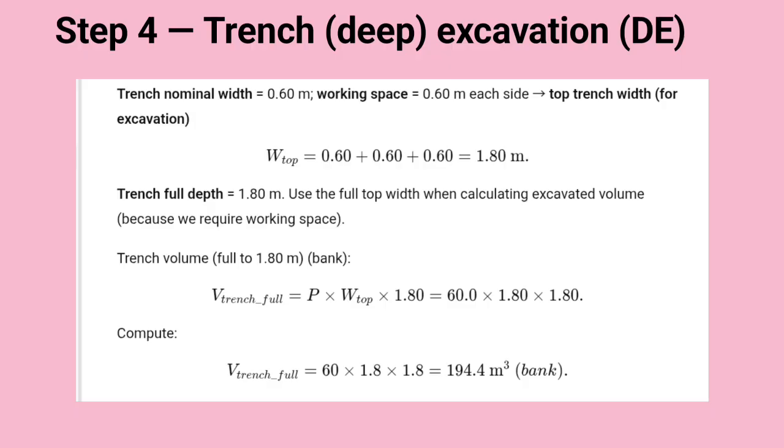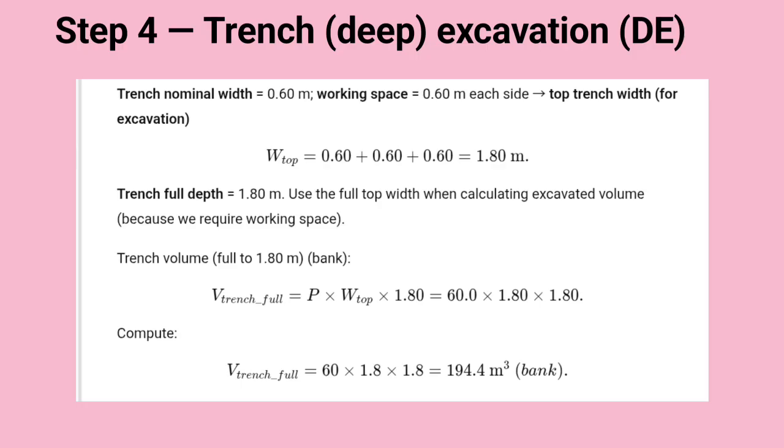Step 4. Trench excavation, DE. The nominal trench width is 0.6 meters, but we need working space of 0.6 meters on each side. So the top width of excavation is 0.6 plus 0.6 plus 0.6 is equal to 1.8 meters. We excavate the trench down to 1.8 meters depth. So the full excavation volume is perimeter 60 meters times 1.8 top width times 1.8 depth equals 194.4 cubic meters